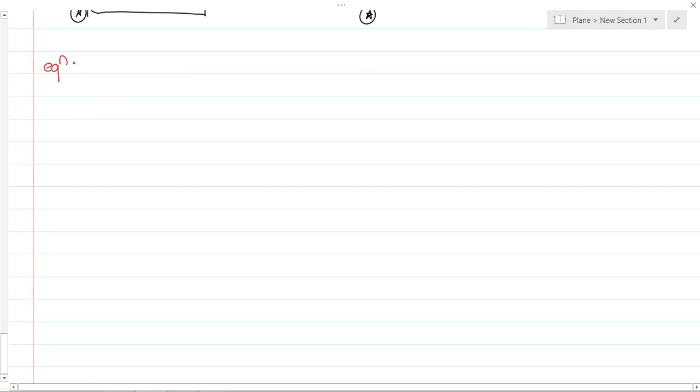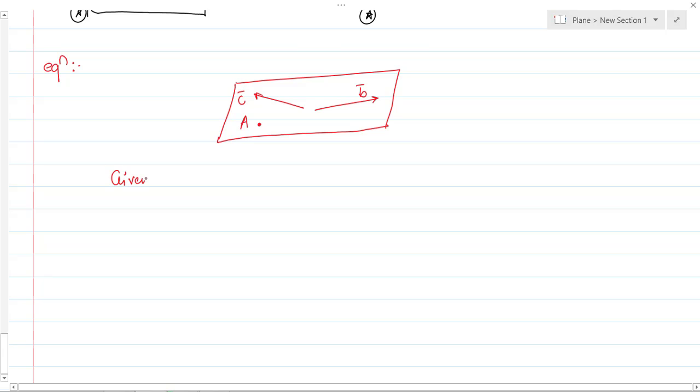Suppose you have a different scenario, that there is one plane and on this you know two vectors. Suppose this is a vector b bar and suppose this is a vector c bar, and the point through which your plane is passing is A. Okay, now this is the scenario. Based on this given information, the point A is known, B bar is known, and C bar is known, and all these are lying on the same plane, and I want the equation of this plane.